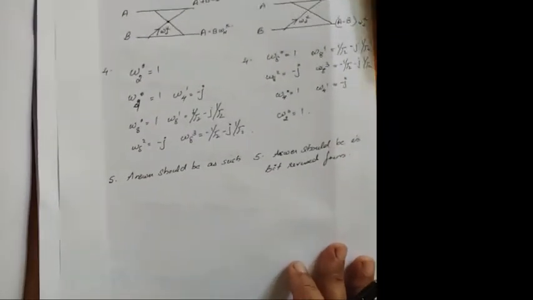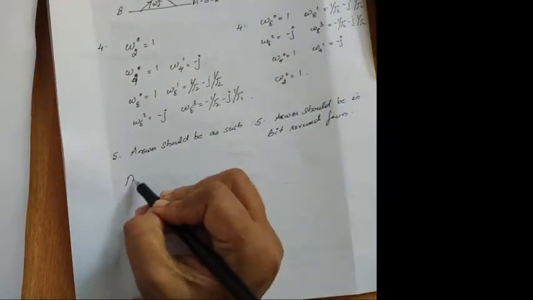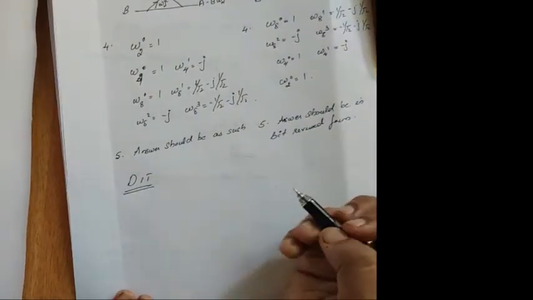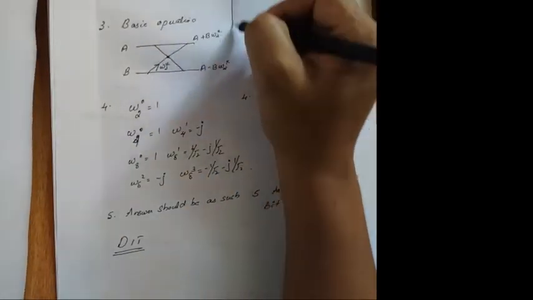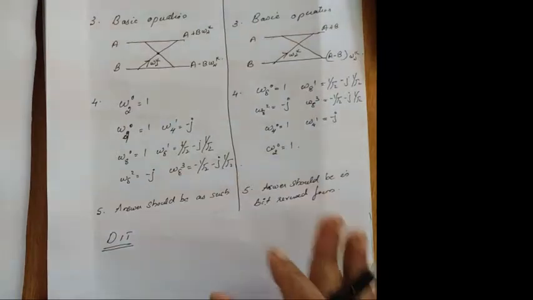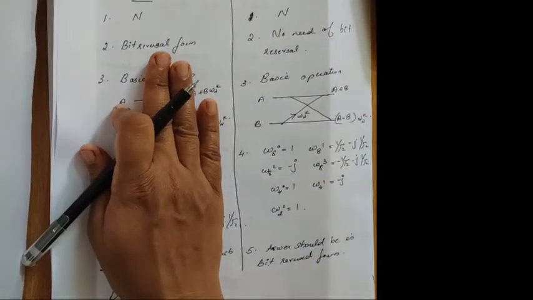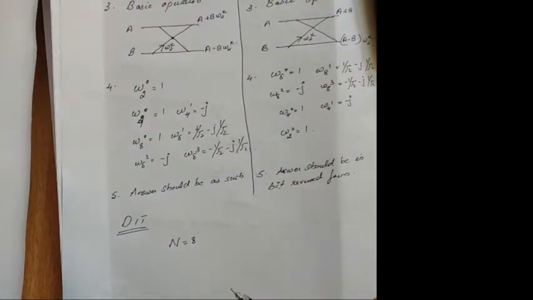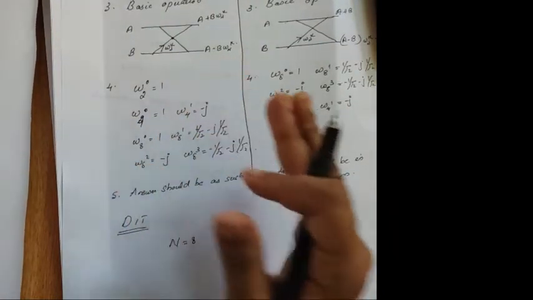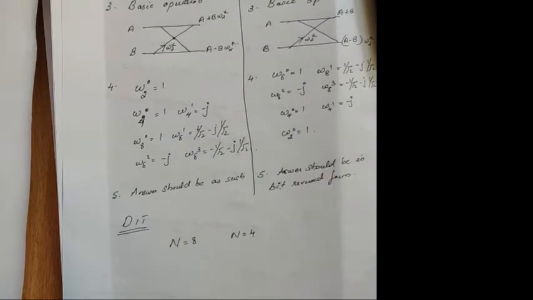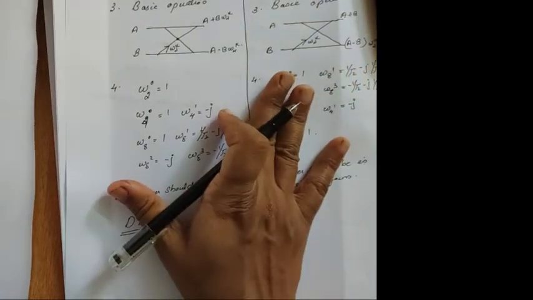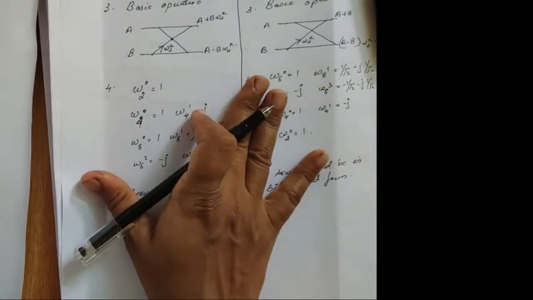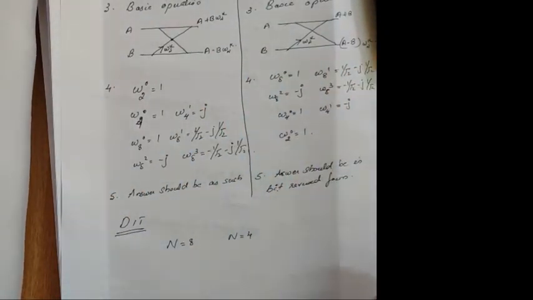Now I am going to tell you how you can perform this decimation in time and decimation in frequency. First, dealing with decimation in time, you first have to find the value of N. If N is 8 or N is 4, you can perform this fast Fourier transform. Not only 4, in 16, 32, 64 also you can perform the fast Fourier transform. According to your syllabus, you need up to an 8-point DFT.